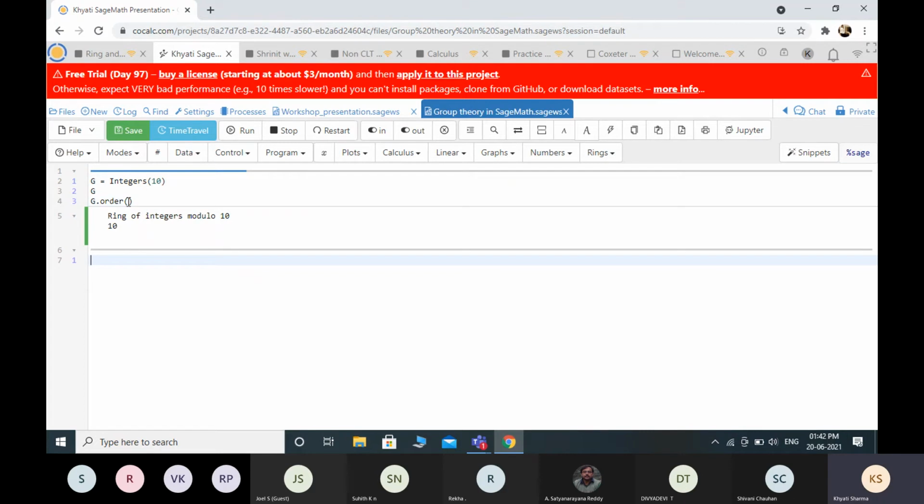So now can someone tell me that this group is abelian or not? Can you please check this property for this group? That this group is abelian or not? Kathy, you are also in the Sage platform only, right?